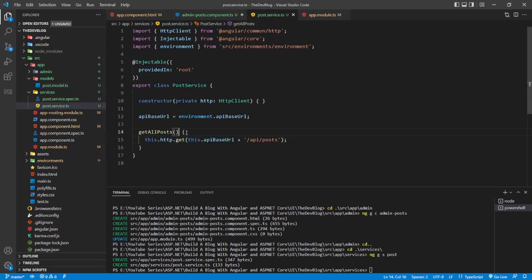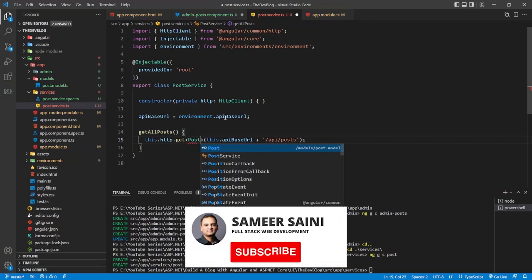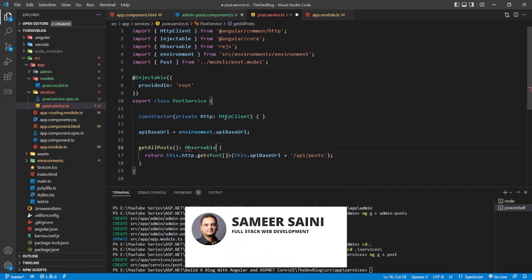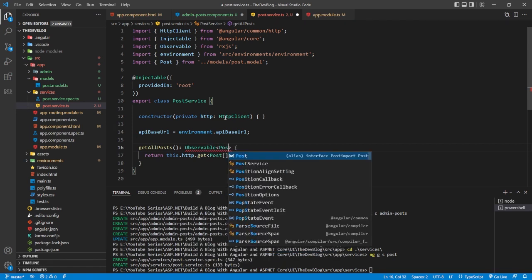Now we can use this Post model to actually return this. So this API would return a Post array, and I can use the return keyword. This will be of type Observable of Post array,